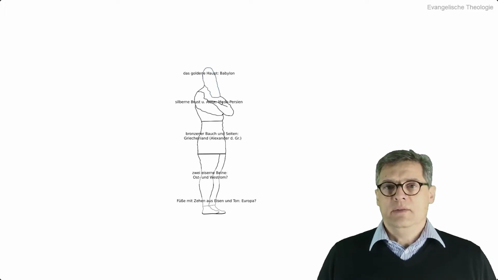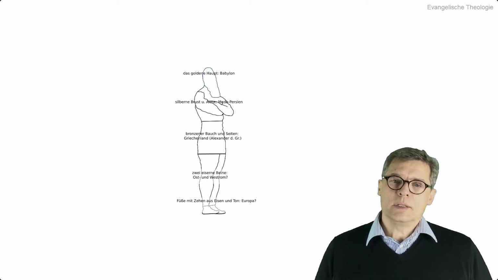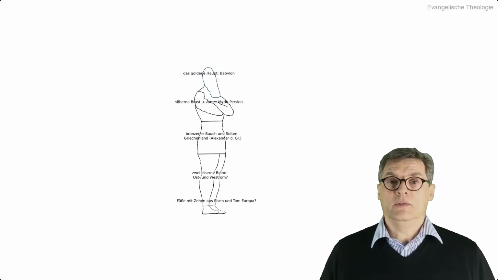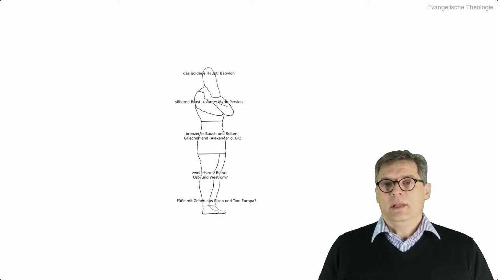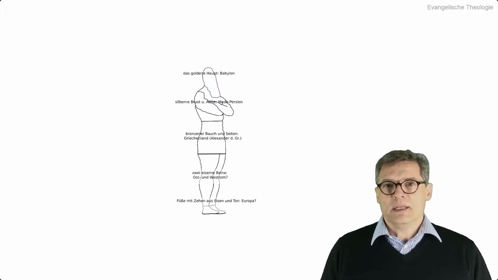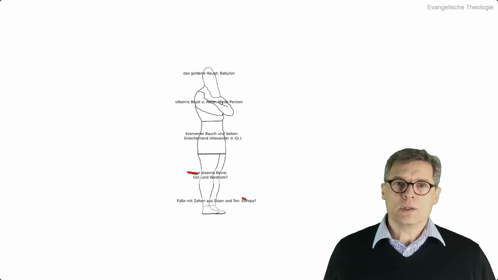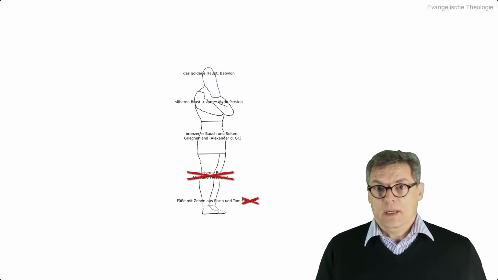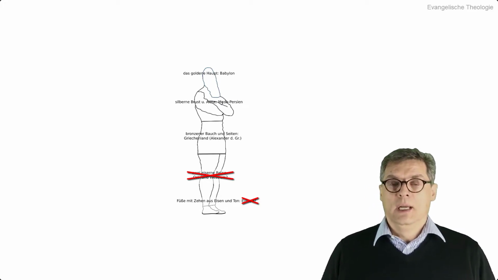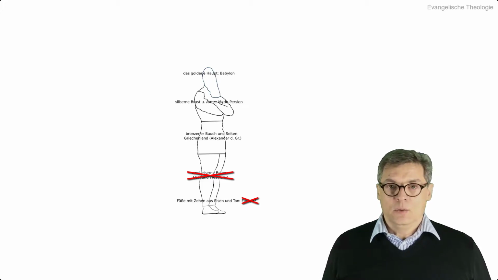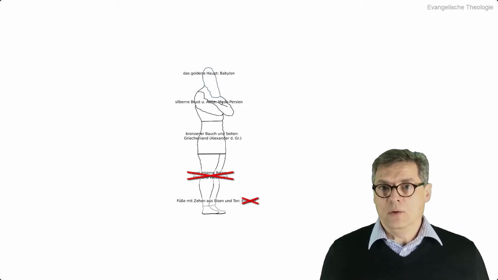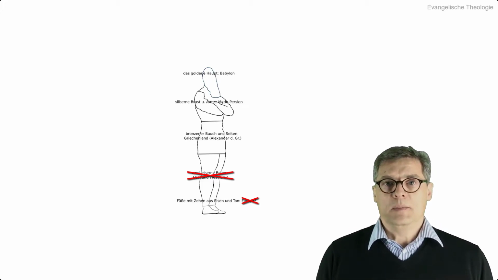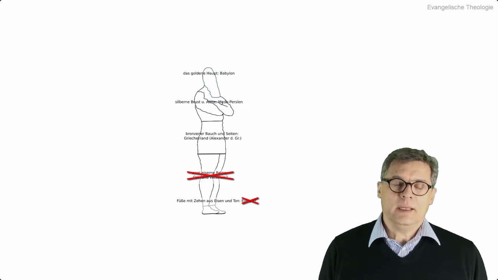We have now seen how the statue is constructed and how the statue is generally interpreted. Now let us turn to the world empires. We have said so far that the two legs cannot be East and West Rome, because the statue will fall over. If the legs are 2,500 kilometers too far to the west, and if you remove the legs from under the body, then it falls over.